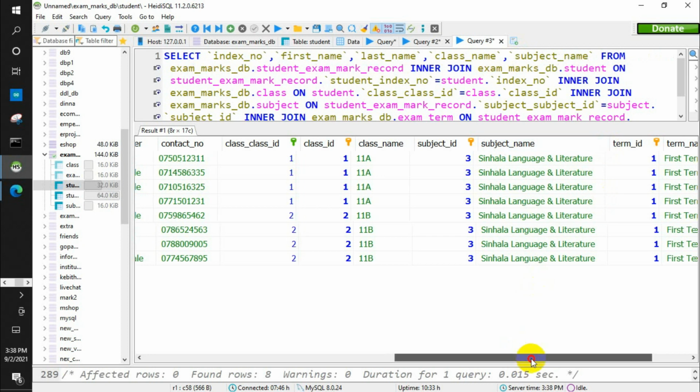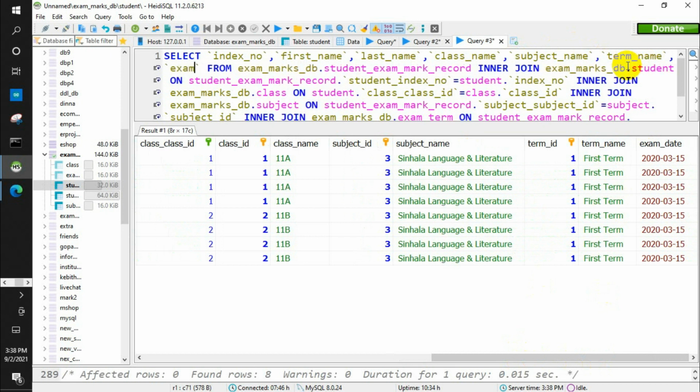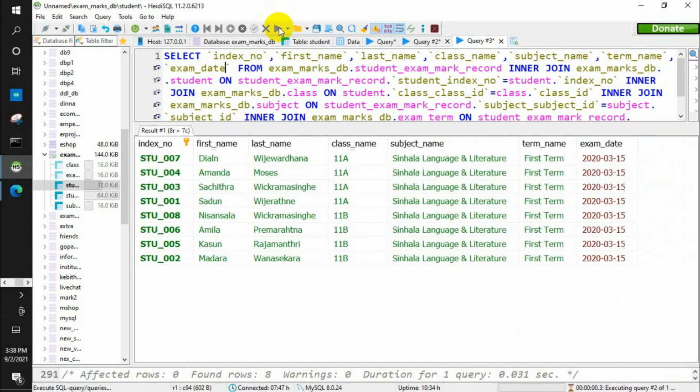And what else do we have? We have the term name and the exam date also. Otherwise the answer is not complete. Now once I run the query, we have all the essential details except those unwanted ones.